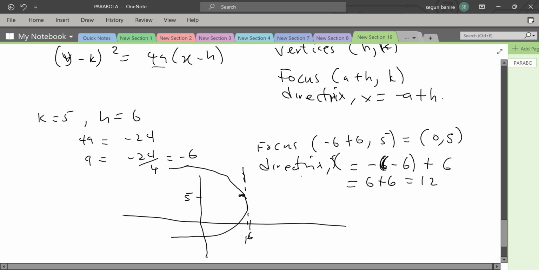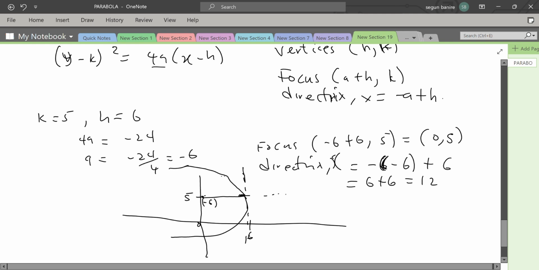Okay, so the directrix, so the distance from the origin to 0, so minus 6, I think it should be here. So your a should be here. So this is your a, this is where your minus 6 should be. So this plus this gives 0,